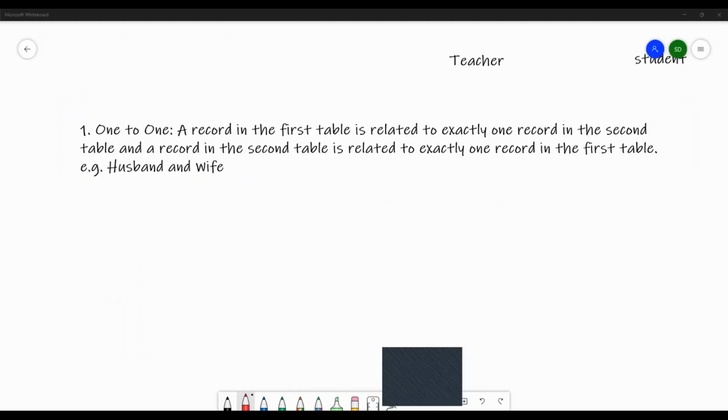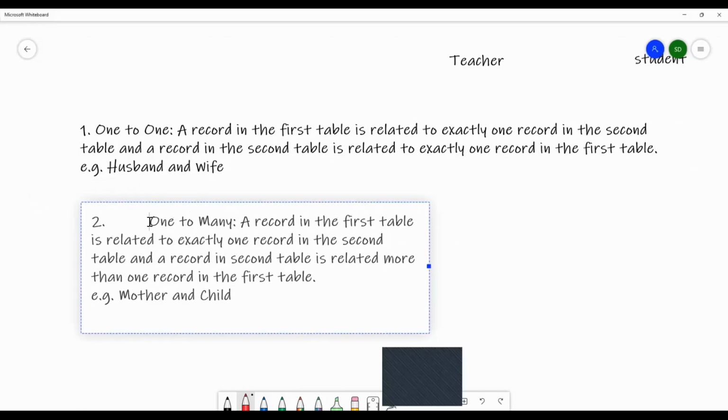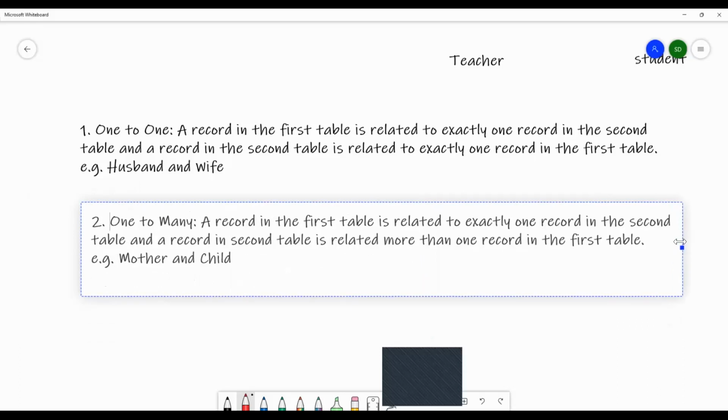Then one to many. Now you know how to change this, right? One to many. One to many means a record in the first table is related to exactly one record in the second table, and a record in the second table is related to more than one record in the first table, right? Then it is